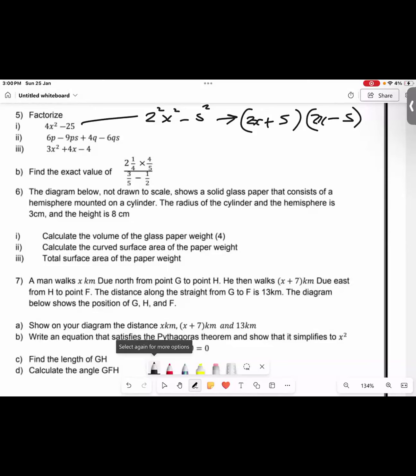So when you're factorizing a difference of two squares, you first ensure that all the terms are raised to a power of 2. You're not going to raise them to the power of 2, but you're going to find a number that you can raise to the power of 2 to get back the number that was there. That's why I chose the number 2, because when I square that, I'll get 4. And you guys chose the number 5 because when you square it, you're going to get 25.